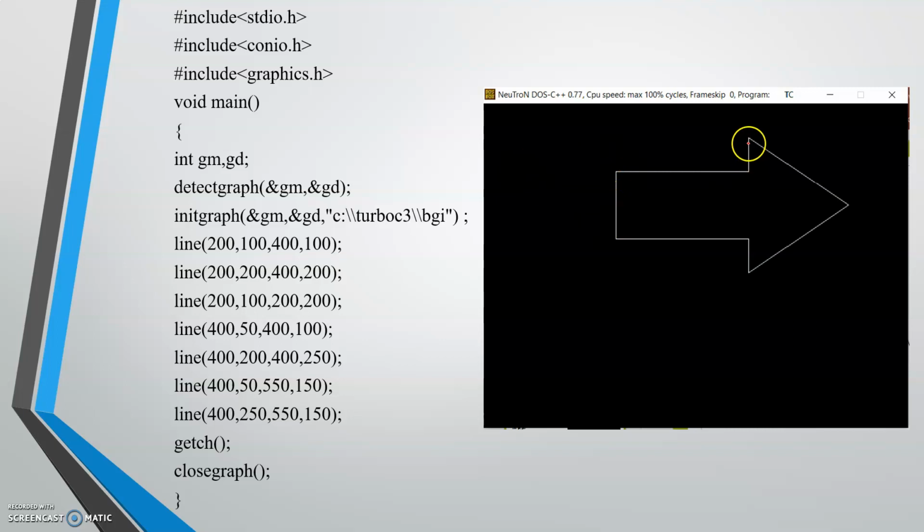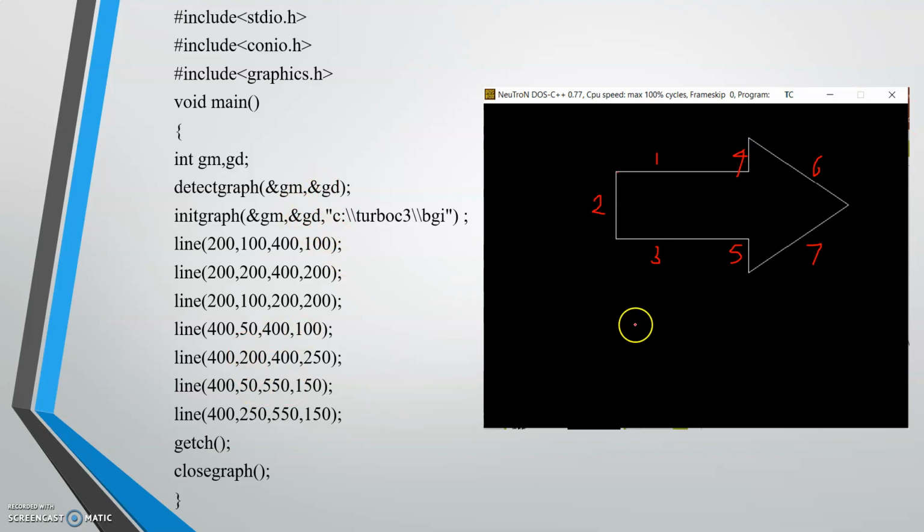To draw this particular image in your computer graphics, first you need to decide what are the required shapes you need. Here you can see that I need this line 1, 2, 3, 4, 5th line and 6th line, and this is your 7th line. To make an image like this arrow, I need 7 lines. First, you should keep it in your mind. Rest of the things are same as we have studied in the last program.